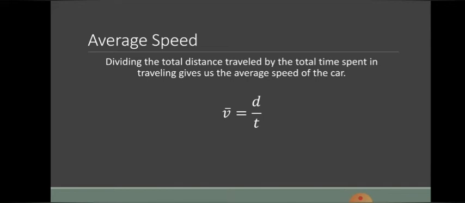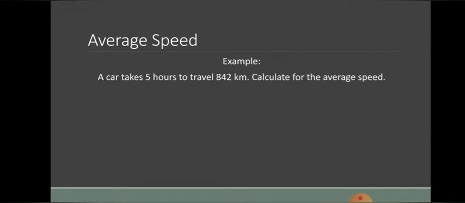Still, distance over time elapsed. Okay? For example, a car takes 5 hours to travel 842 km. Calculate for the average speed. Because the car traveled for 5 hours, right,